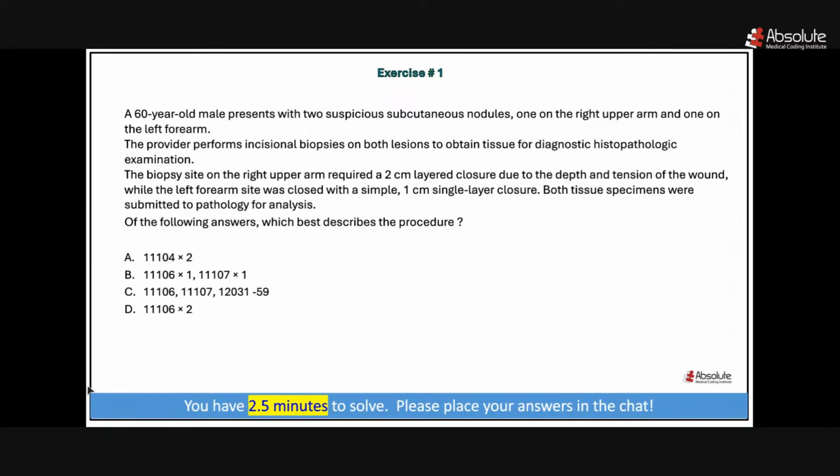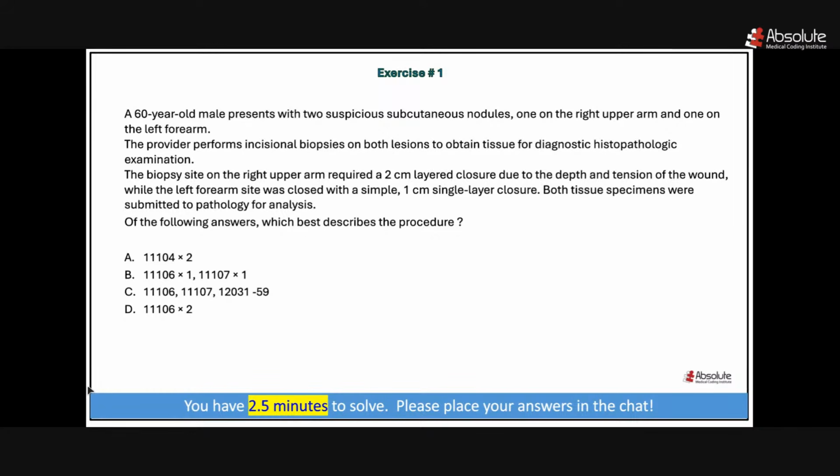Here is your question. Of the following answers, which best describe the procedure? Option A, 11104 times 2. Option B, 11106 times 1, 11107 times 1. Option C, 11106, 11107, 12031 modifier 59, and option D,